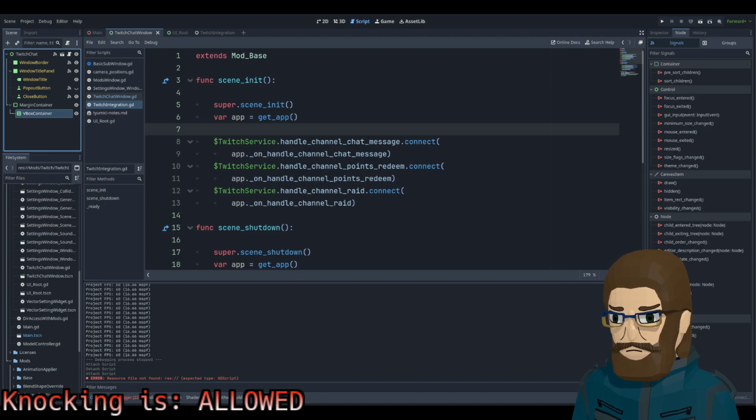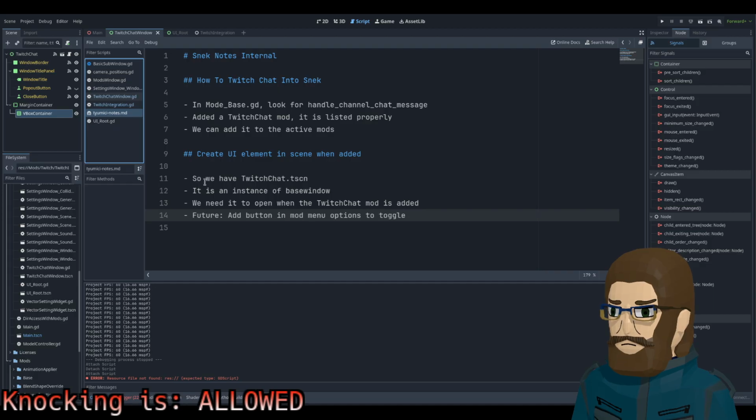New line, bunch of stuff. Okay. Ads, yeah, that's fine. Let's go back to our notes. Create a new UI element. Yeah.